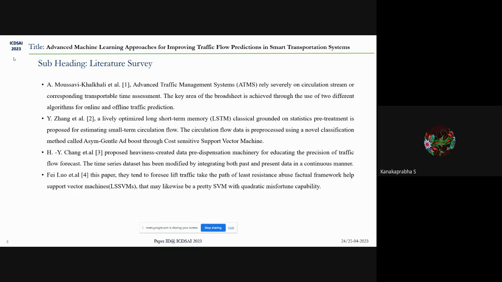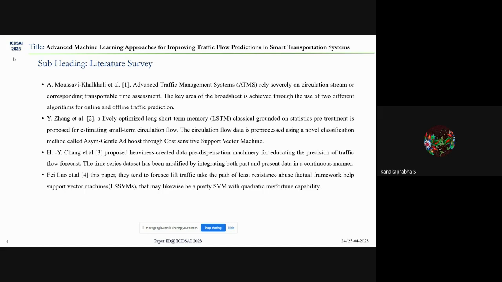Here is the main literature survey I have written. It covers two different approaches for prediction: online prediction and offline traffic prediction. Online and offline prediction are mainly evaluated for accuracy, precision, and recall. So three parts we are considering. Accuracy is the number of correct predictions divided by the total number of predictions, multiplied by 100%. It is used to give the accuracy formula.